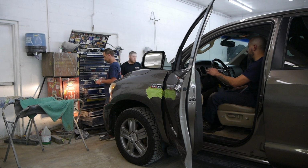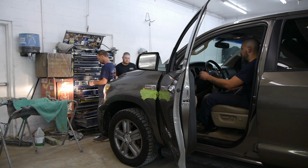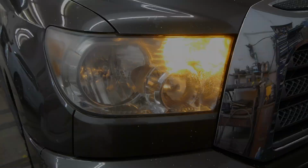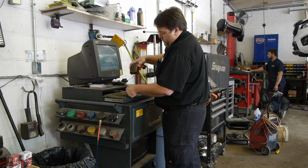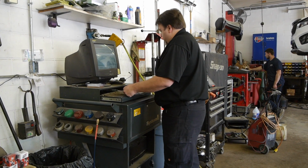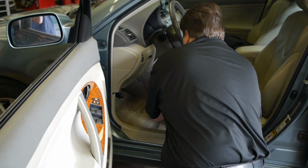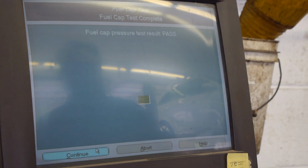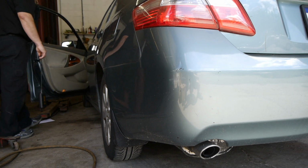After the road test, another technician helps verify that all of the lights on the vehicle are functioning as designed. Then it's time for an emissions test. This test is required in Allegheny and some surrounding counties, and failing the emissions test means that the vehicle will fail inspection. When the emissions test is completed, the technician will raise the vehicle on a lift for an underneath